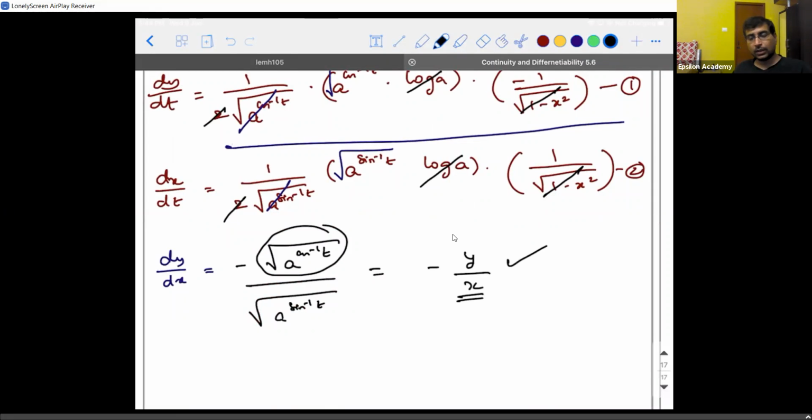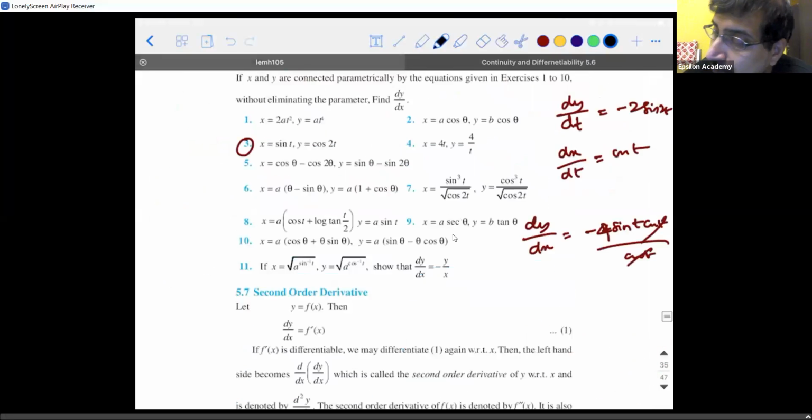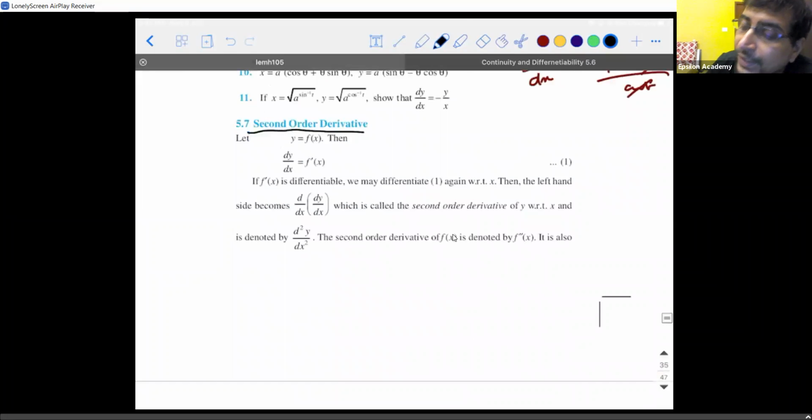So that is all about this exercise, differentiation for parametric equations. The next exercise that we are going to see is called double differentiation. That is very simple. We'll get started with it. We call it the second order derivative. What does this order mean? We will be seeing it in the differential equation chapter. But as of now, have this second order derivative in mind.